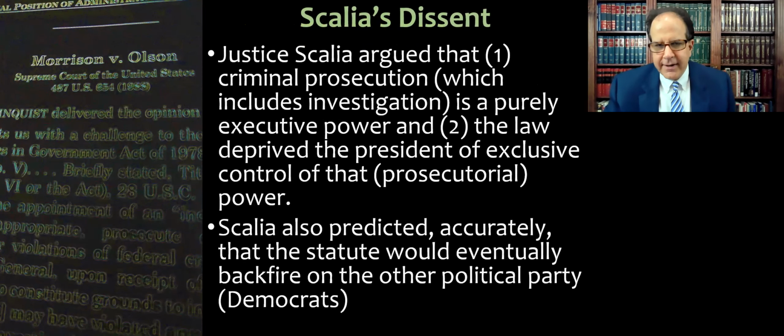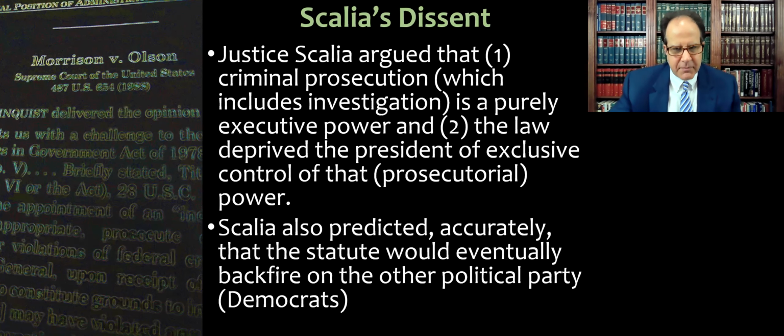Now, we have a classic dissenting opinion that's scathing and bombastic from Justice Scalia, and he completely disagrees with the majority. So Justice Scalia argued that, first of all, this is a purely executive power. Investigation like this into misconduct is a type of prosecution, and you can't get more executive than enforcing the law,